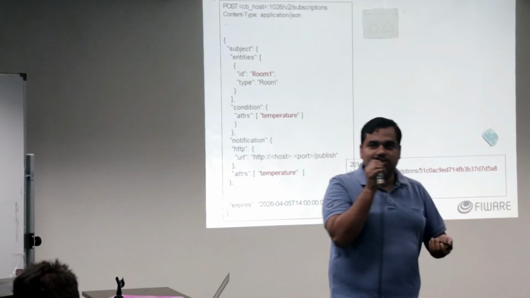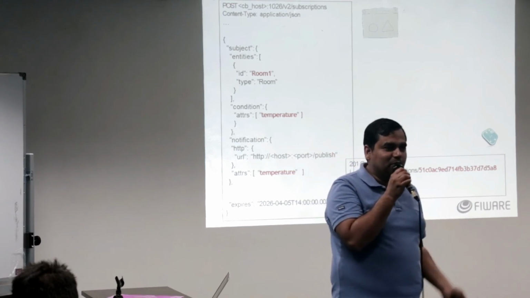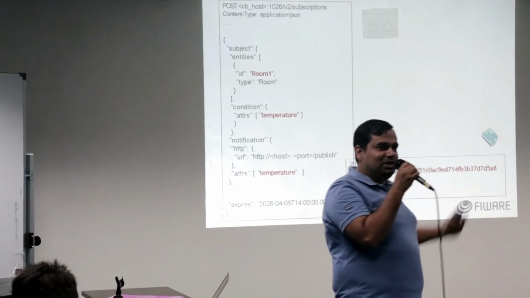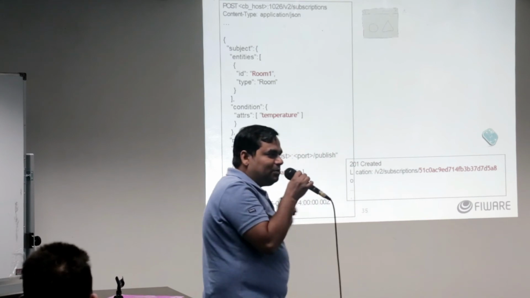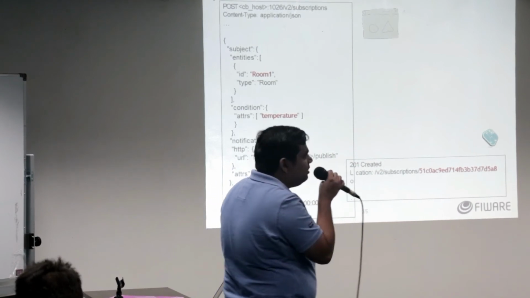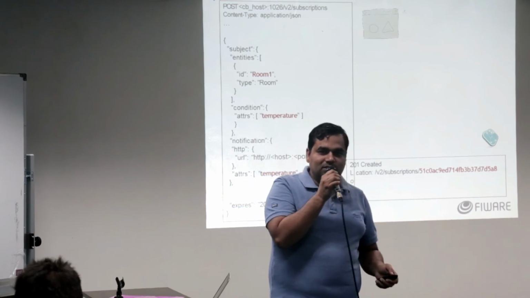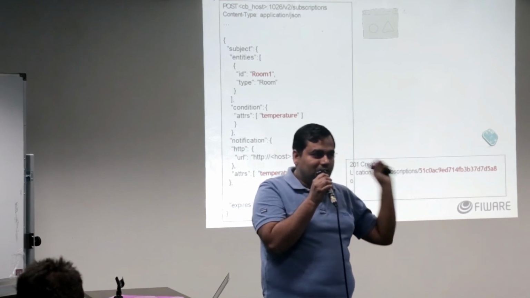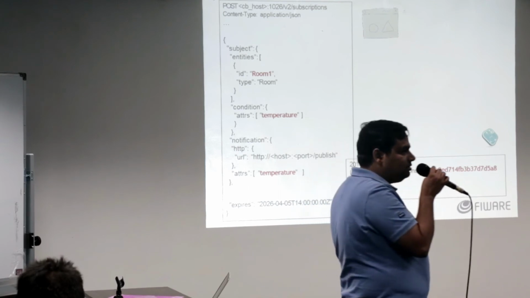So yeah, I cannot just see anything. It depends on what programming you have done, okay? It does not go as magic, you have to do a little bit of programming as well. And if I move down, you have the condition attrs temperature. Which means if there is a change in the temperature attribute, you'll be notified, okay?